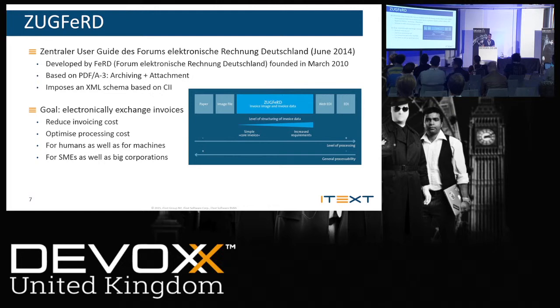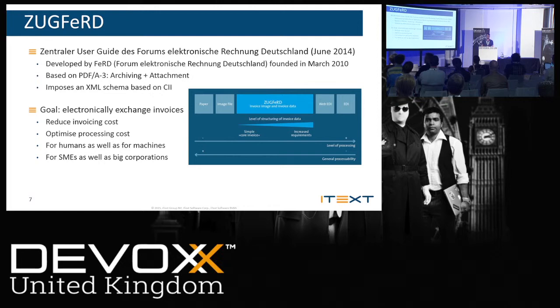The name doesn't really tell you much, but basically it's a PDFA document, an A3 document, that contains an invoice in PDF form, and it has an attached XML file in it, which contains all the data from the invoice in XML tags. So they have done that because XML is very easy to parse for computers, for programs. So the PDF is kept as an archiving document for the invoicing,